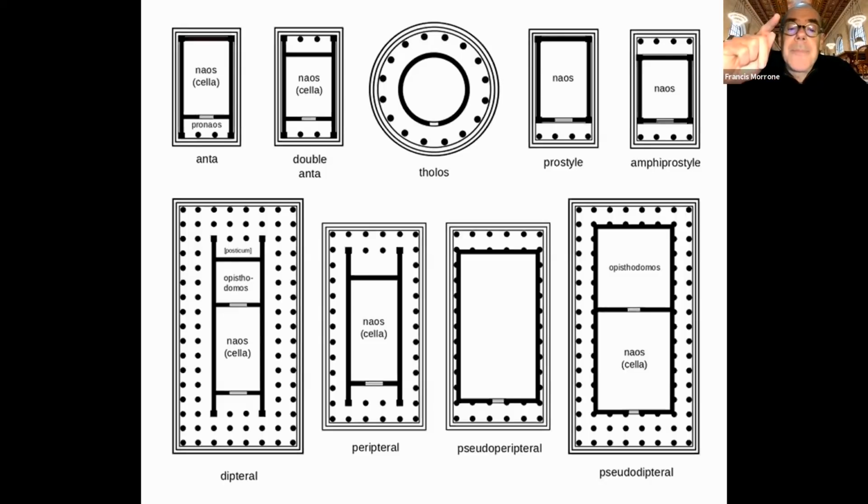You see the second from the left in the bottom row. That's peripteral, and you see that there are the black dots all around the building. They completely surround the building, but they are set out from the wall, so those are freestanding columns. You see that to its right, there's pseudo-peripteral, and you see that the columns, the black dots, aren't separated out from the wall. The black dots are kind of embedded in the wall, sort of half embedded in the wall, pseudo-peripteral.